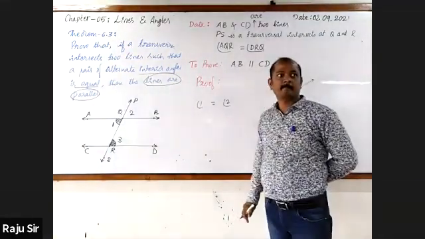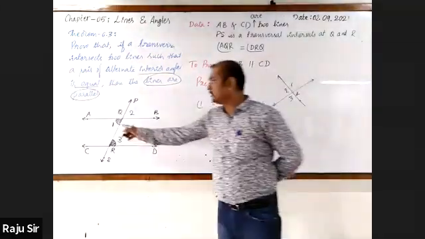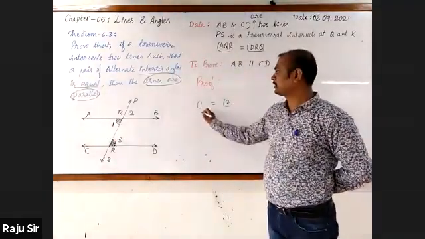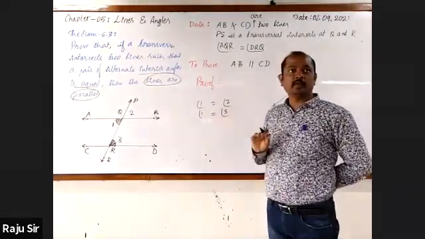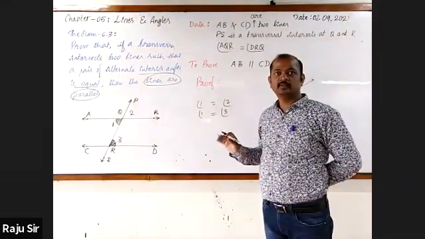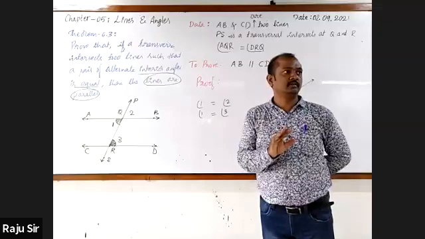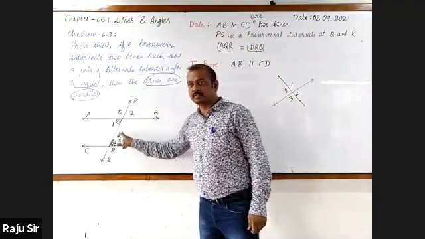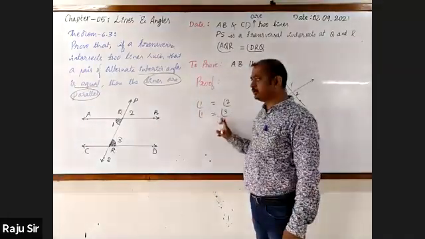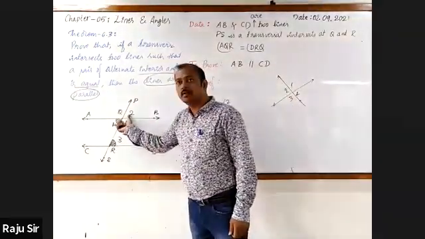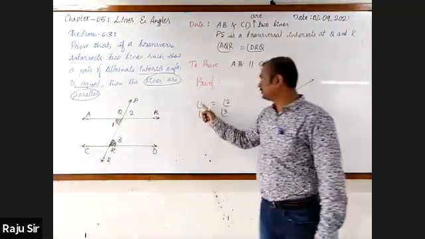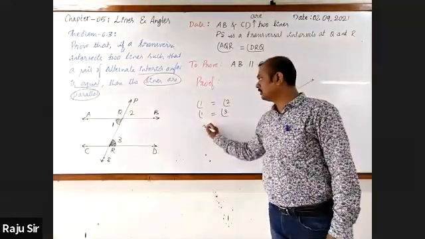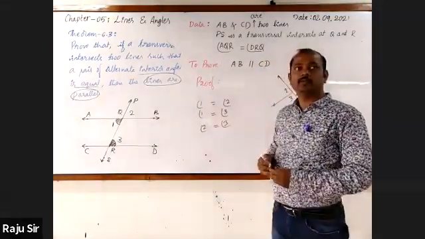Further. Wait. What has been given? Angle 1 equal to 3, right? Please tell, are you understanding or not? First, we have taken the given angles. Angle 1 equal to 3. Then we have taken vertically opposite angles. 1 equal to 2. 1 equal to 2, 1 equal to 3. Then 2 equal to 3. What are these?